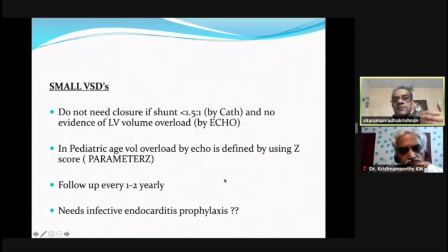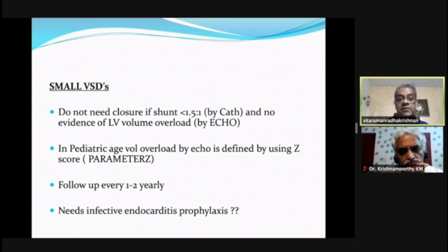You can call them after every 5 years. Discuss with them the need for infective endocarditis prevention. Today, the current recommendations do not recommend prophylaxis for small ventricular septal defect, but one should always emphasize preventive measures. One should not forget about that because it has been shown that prevention is probably the best way of treating these patients. Good dental hygiene is the best way of counseling them